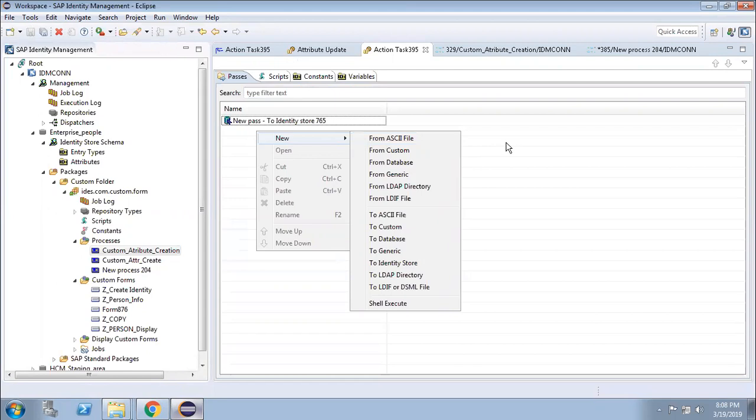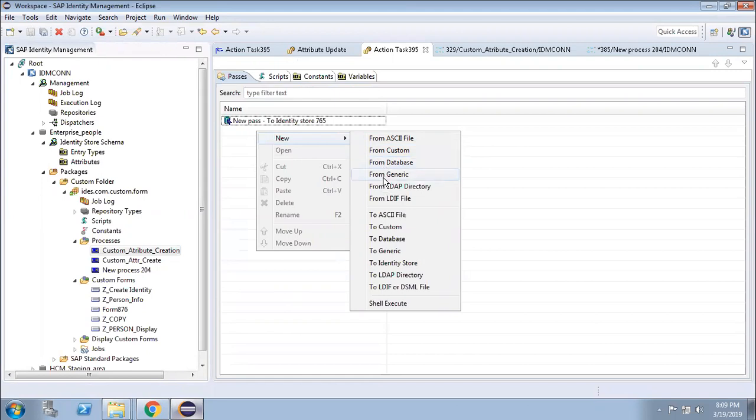From ASCII file means I am taking some data from your local source. From custom means I am taking the data from our SAP system. From database means I am taking the data from the database.